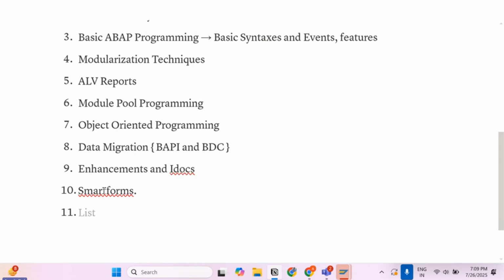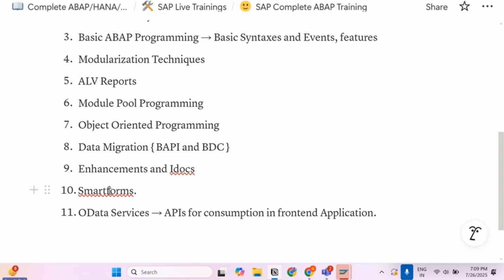the training, which is OData services, which will start with the OData services for building APIs for consumption in front-end applications. So once this OData service part is done, we are going for